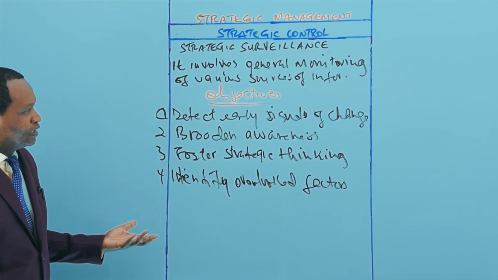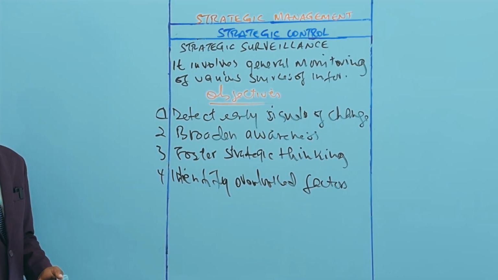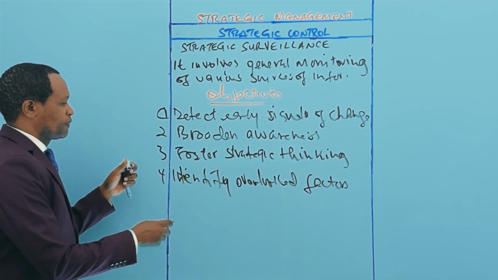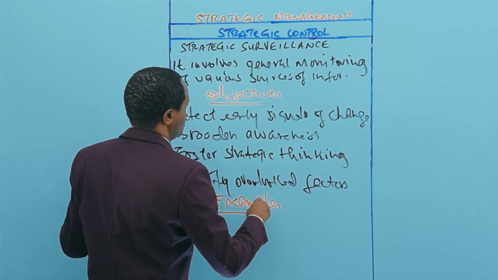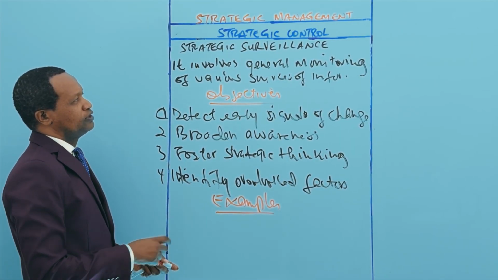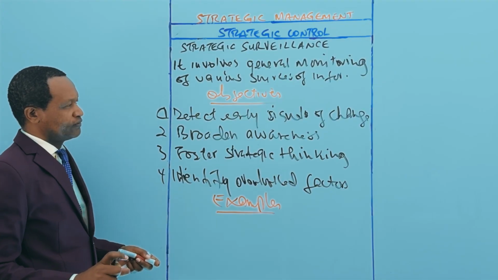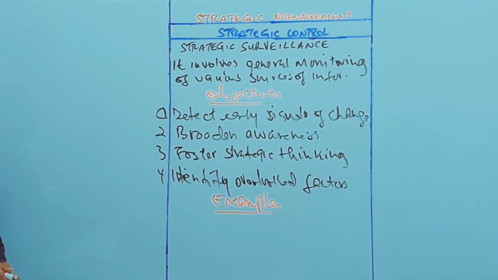Now, let's give some examples to help you understand better. Let's give a few examples of strategic surveillance in action. How do you do this general monitoring? One way is just reading industry publications,